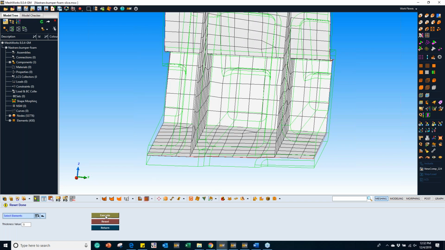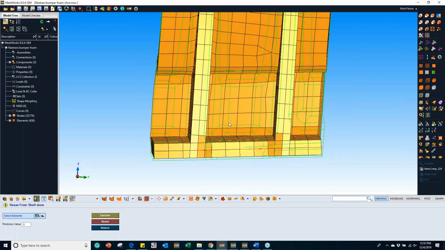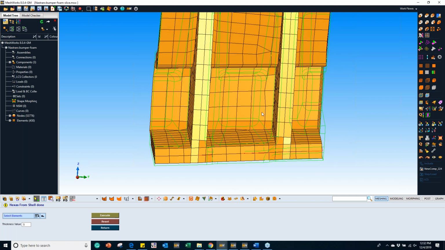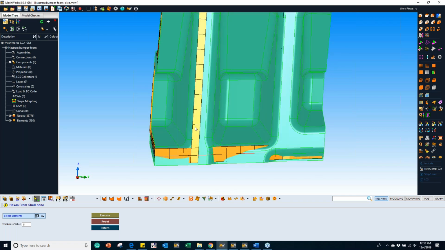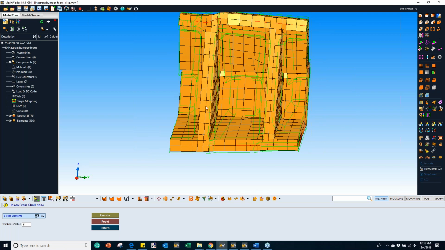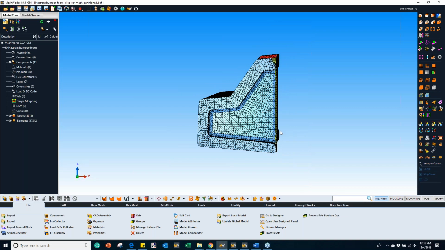So if I click on reset and click on execute again, as you can see here, this is step one, which is to create a core mesh. As we can see, the CAD has some draft angle, but our mesh isn't straight. So this is nothing but our core mesh. Now once we have the core mesh, the user just has to export this core mesh outside, and then he has to mesh